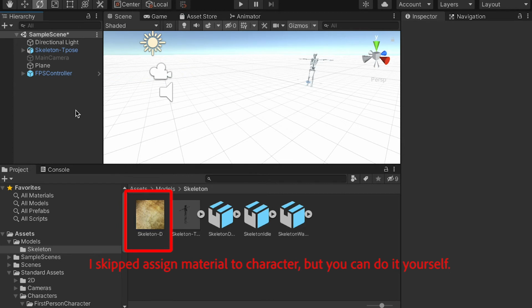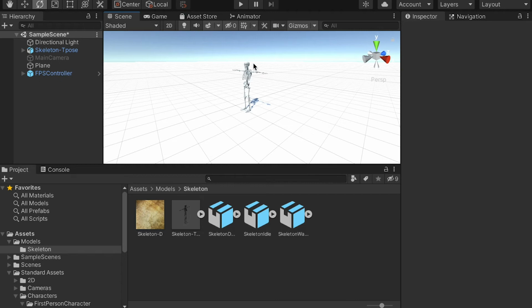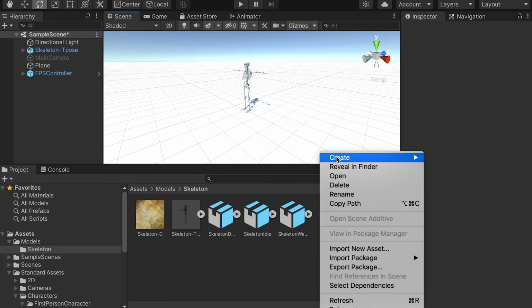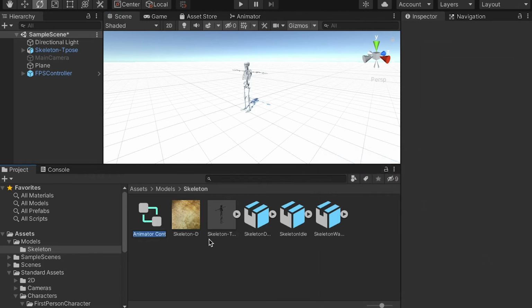You can also create the material, drop this texture file on the material, and then assign the material to the skeleton model. So now let's make the game a little bit more interesting. As you can see, our character is in the T-pose. Okay, so here I'm going to create an Animator Controller, and I'll name it